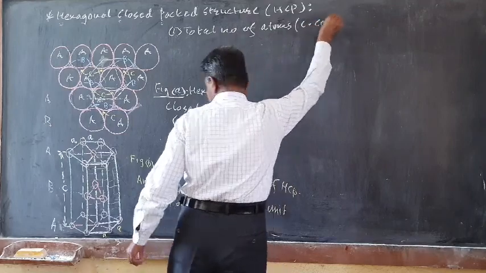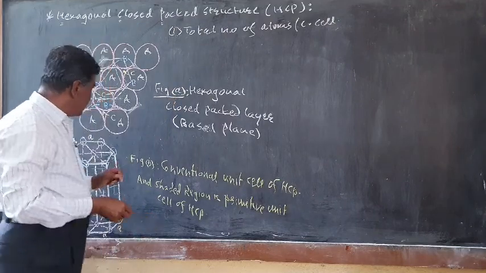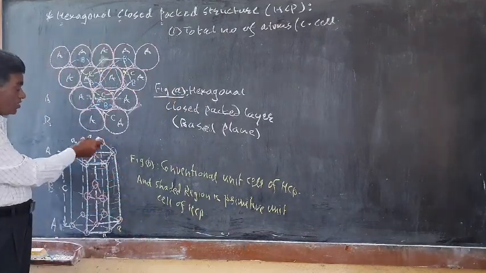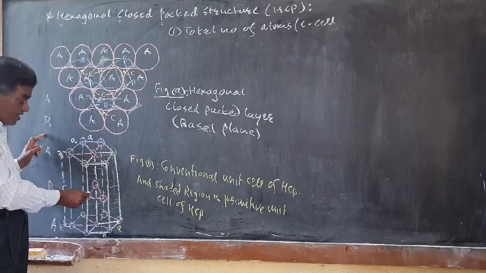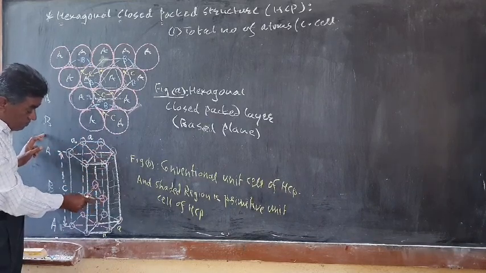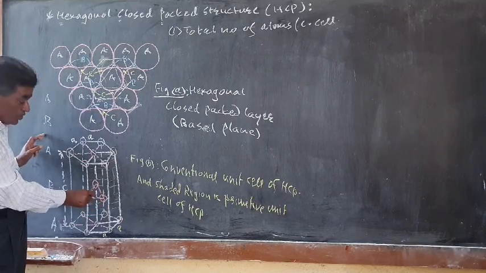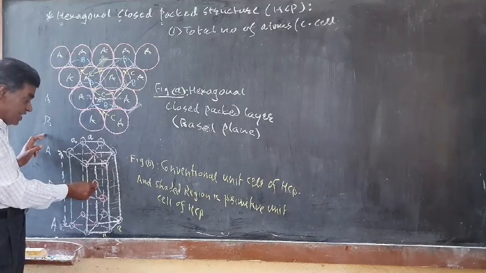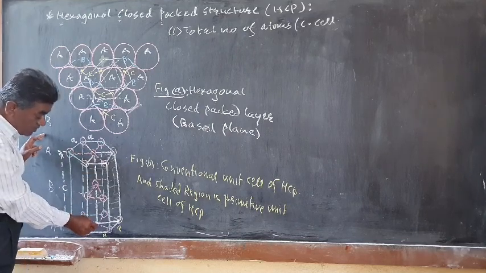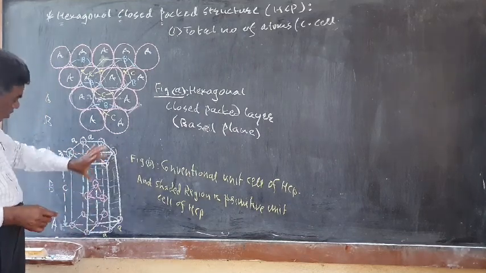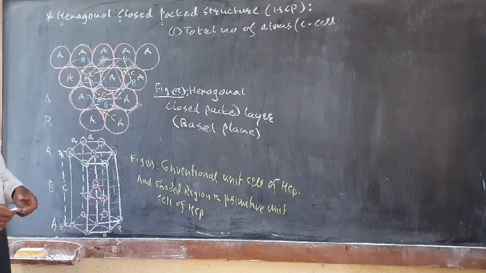In order to determine the total number of atoms in the unit cell, all the corners are occupied by atoms. In addition to the corner atoms, there are extra atoms exactly located at the middle layer, that is B position, where three atoms form the triangle in the B position. In addition to this, there are also extra atoms exactly located at the top as well as the bottom of the unit cell. So we have to consider the contribution of all these atoms to the cell, which gives rise to the total number of atoms per unit cell.